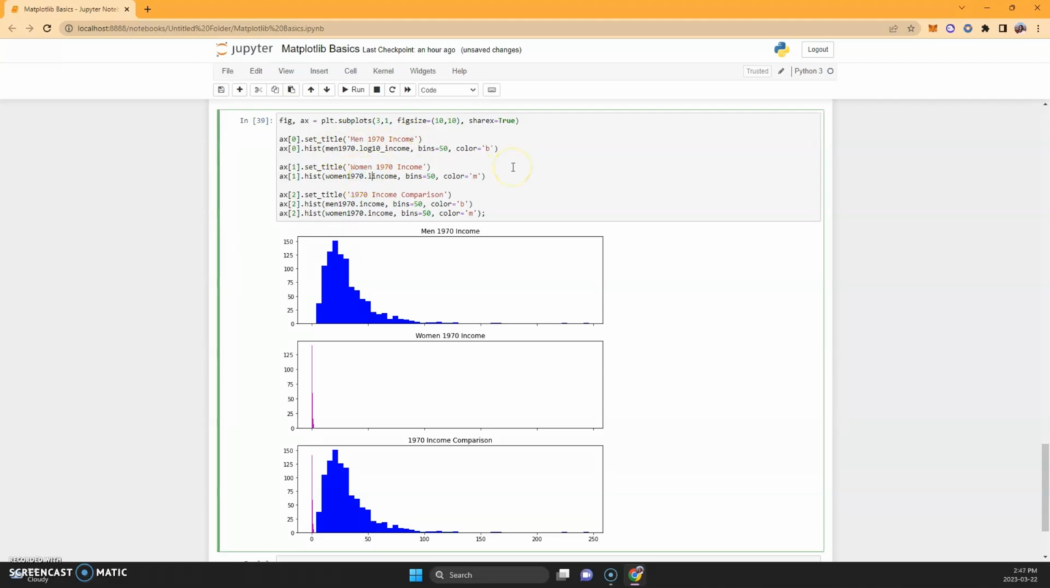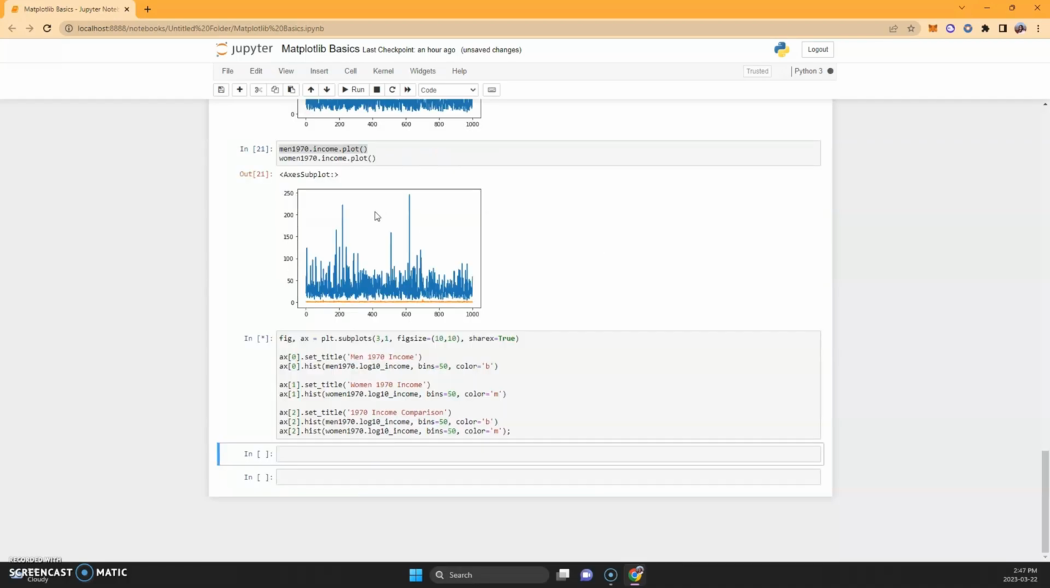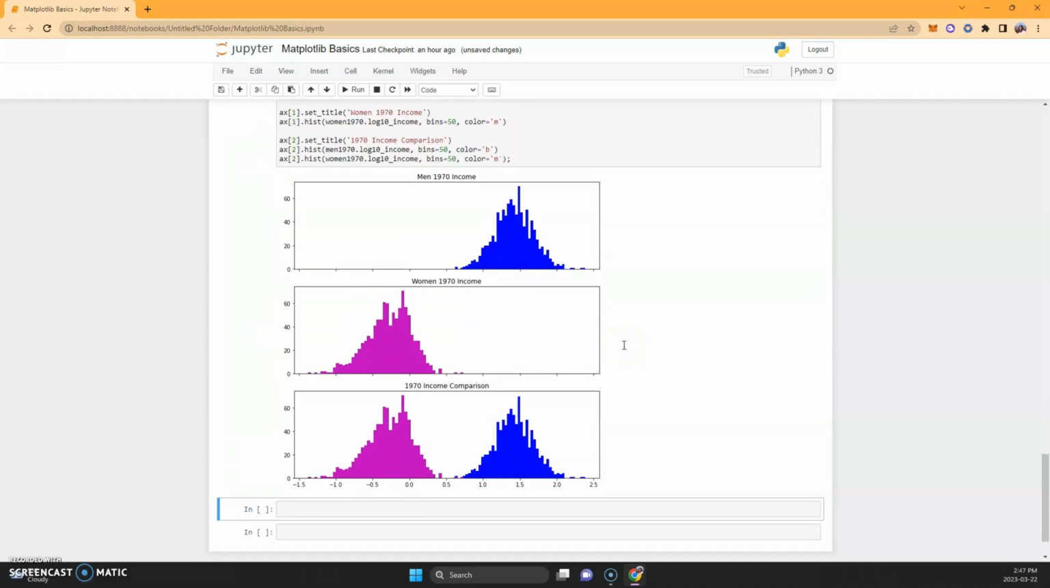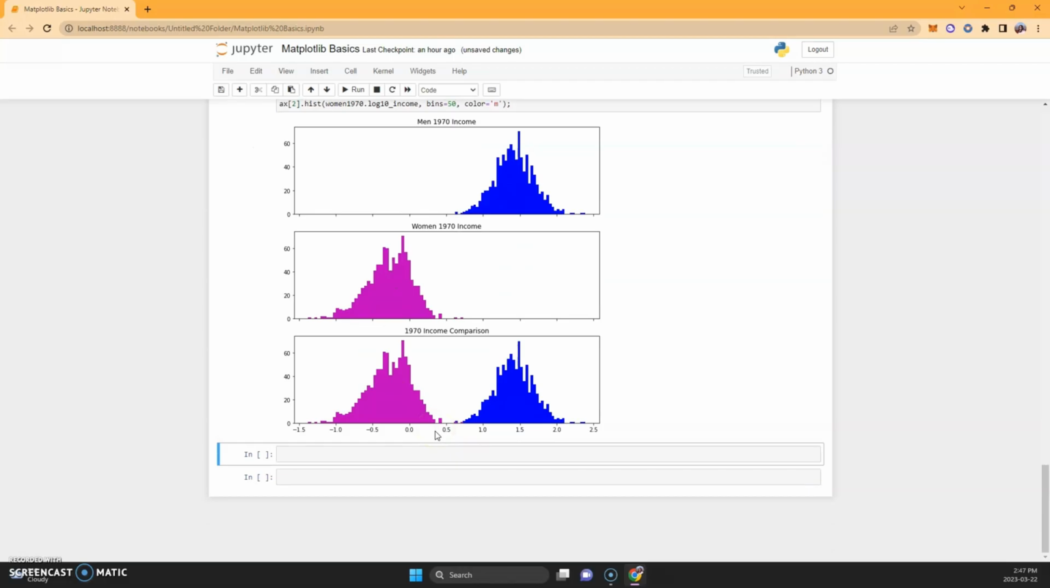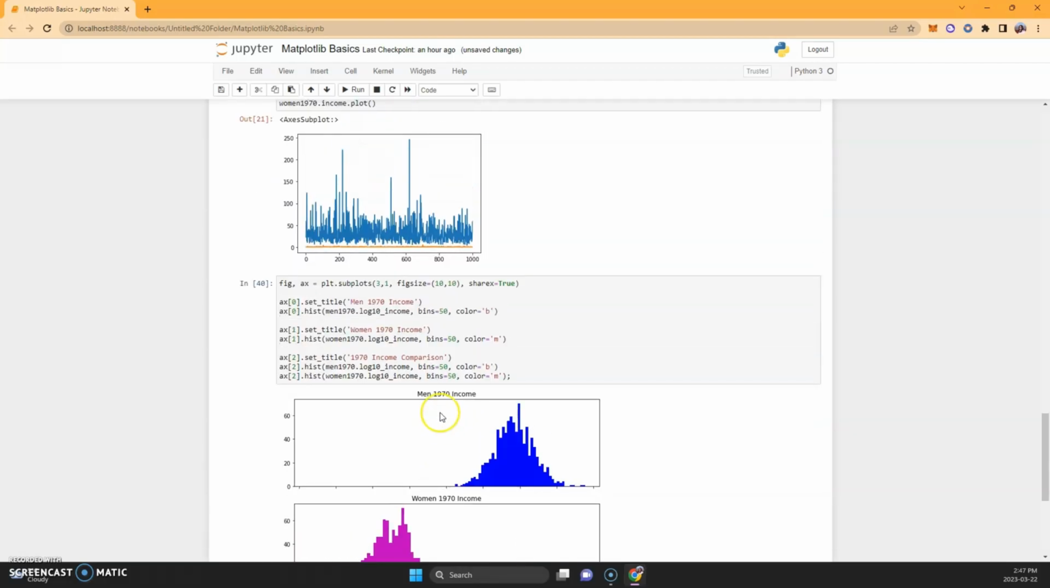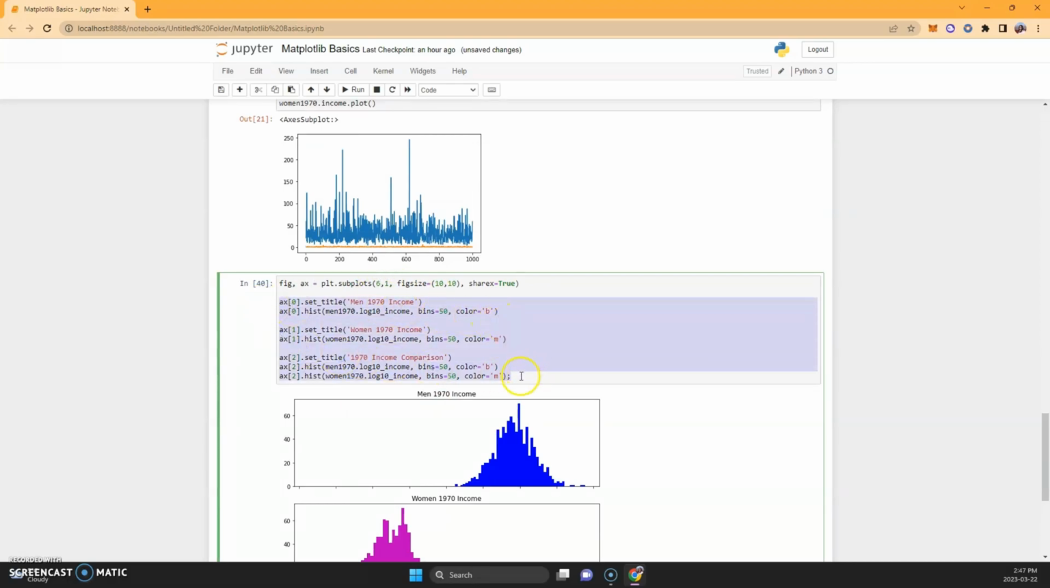I created logarithmic numbers for these because I knew this was the case. Okay, let's see what happens now. So see, now it's somewhat comparable. I also have data for 2015. So what we can do is we can have 6 plots here now, and I can just copy this